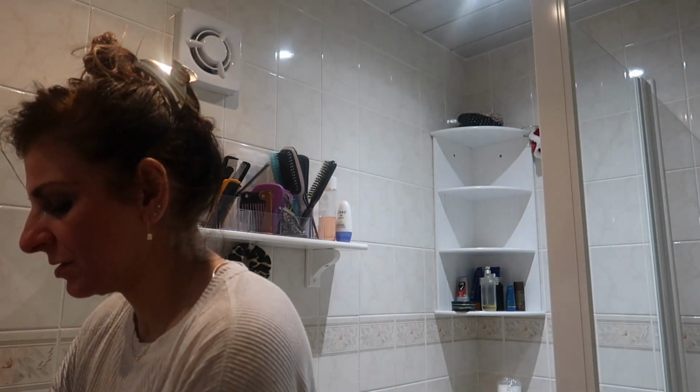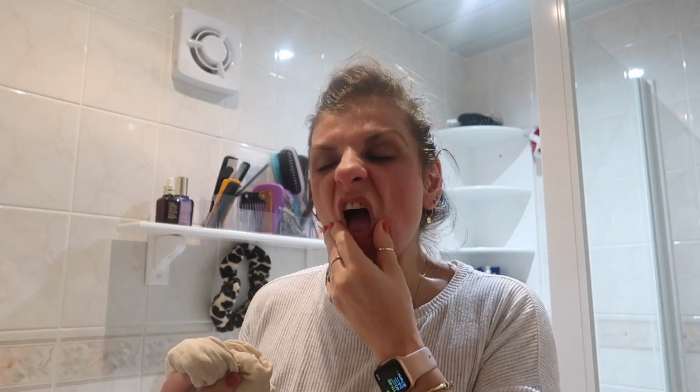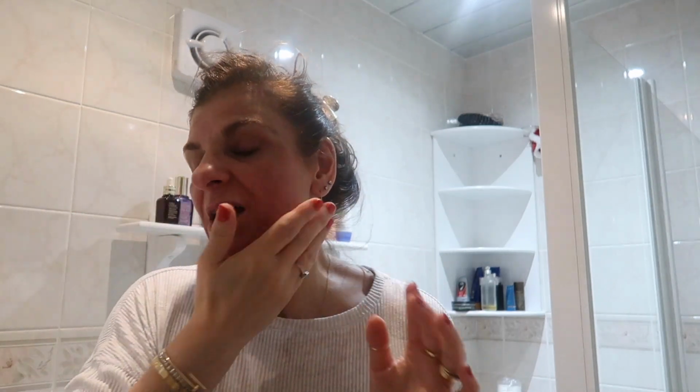Oh. I don't want it too hot either. The skin actually feels quite nice. It's not as tight as it was. Still quite red. I can even see without my glasses that it's quite red. Okay, now